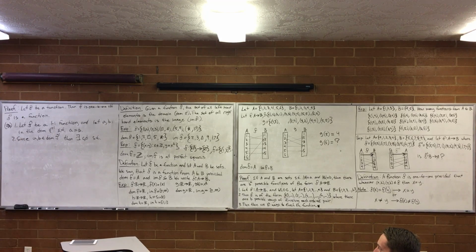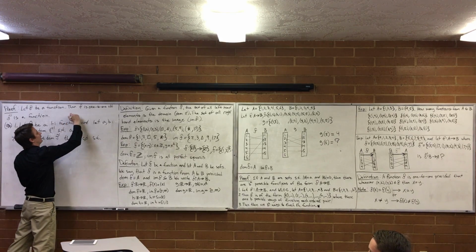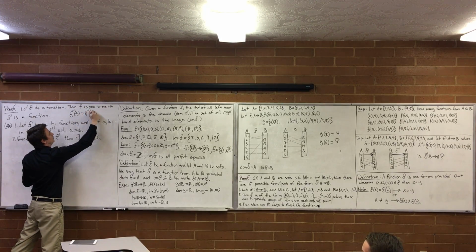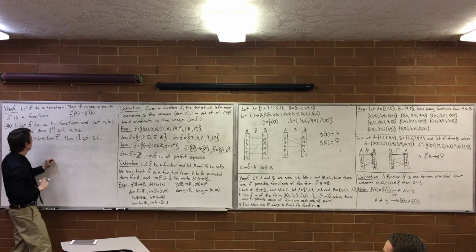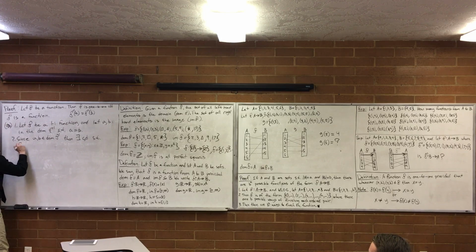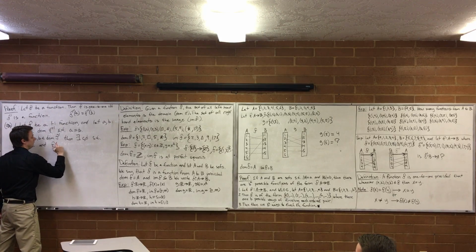Oh, nice. Alright, so let's make sense of this. Let f be a one-to-one function, and let A and B be in the domain of f inverse such that A equals B. Ultimately, where am I trying to get? I'm trying to get that f inverse of A equals f inverse of B. But if A is in the domain of f inverse, then that means something in f mapped to it. So then there exist C and D such that f of C equals A and f of D equals B.